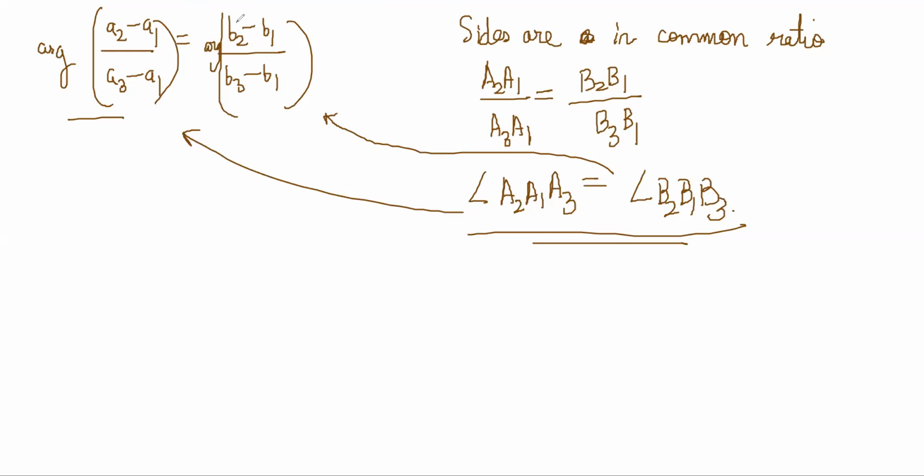And that is how you also understand the sense of the word, the orientation. Because if it was slightly wrong, if it was B1 minus B2 by B3 minus B1, or some opposite thing, the angle would be the same angle, but it would be referring to the negative of it. The argument could have been measured in the opposite way, so that would be a similar triangle, but with an opposite orientation, a negative orientation.